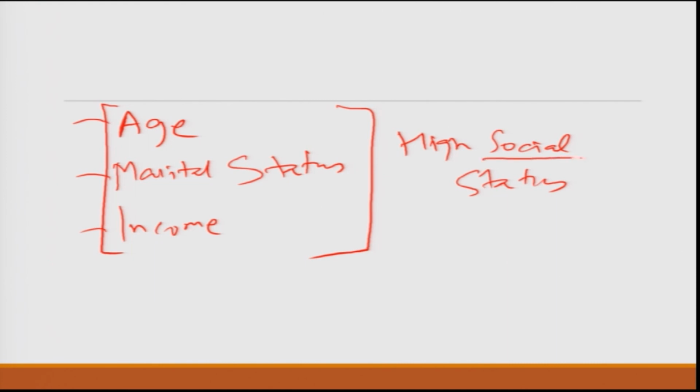So you may say that these 3 variables kind of represent social status, not very accurately.